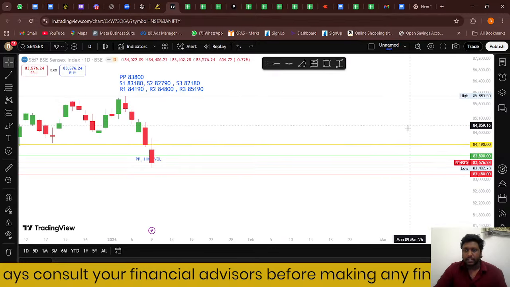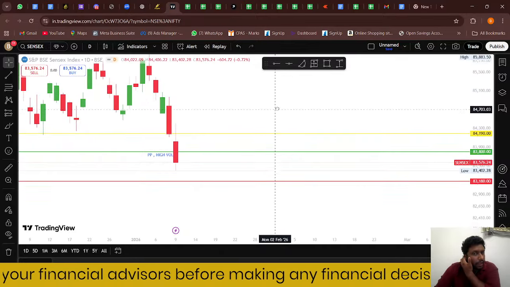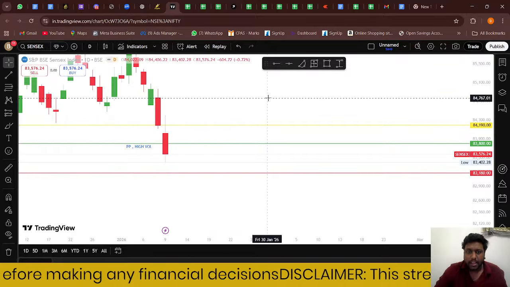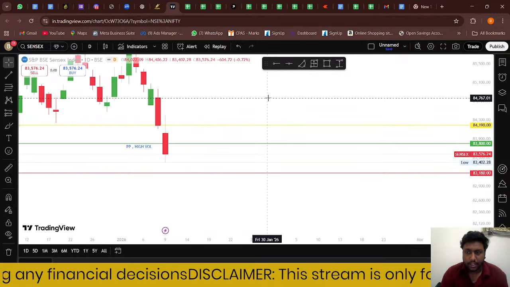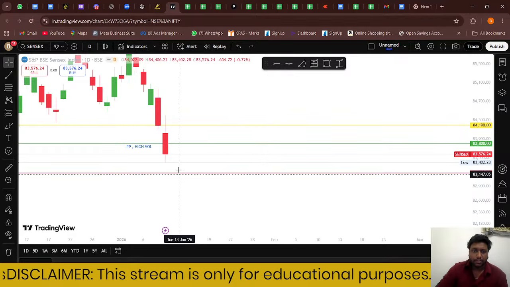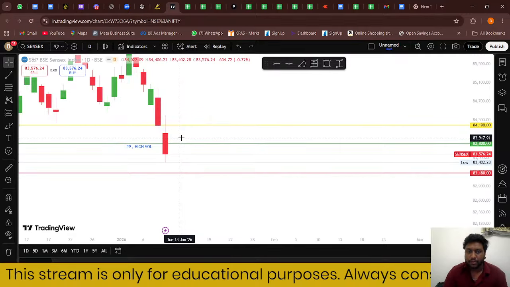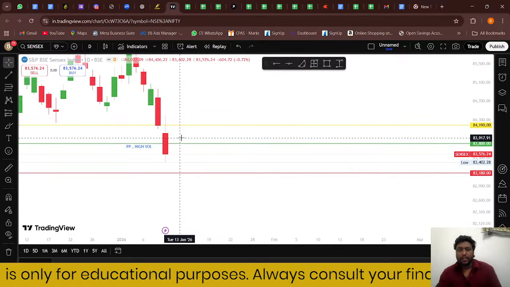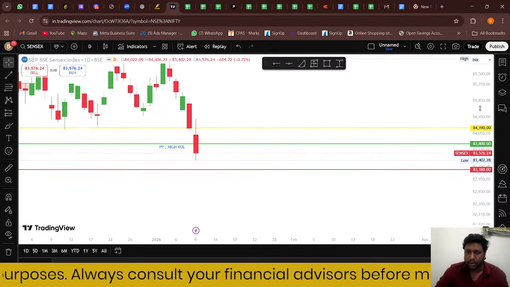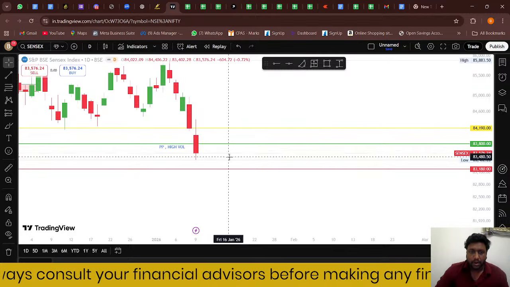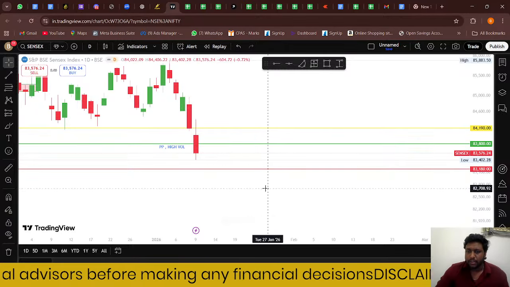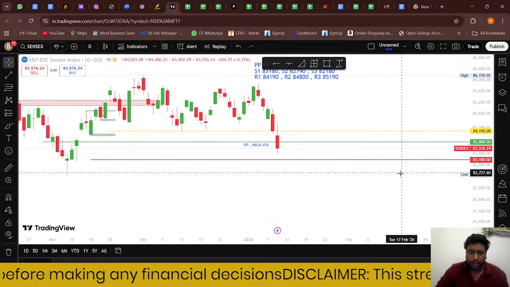Here as well, it is trading below the pivot line level, so we will plan the levels. If it gets a retest at this level, then we can go for a bear run. And like the previous day, if there is bullish sentiment and it is above this level, then we will validate it with the volume, get a confirmation from the RSI side also, and only then take the bull side entries. On the bear side, on a retest, we can plan an entry from this level to support 1, followed by support 2 and 3.